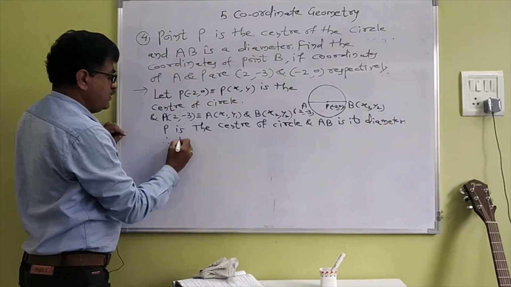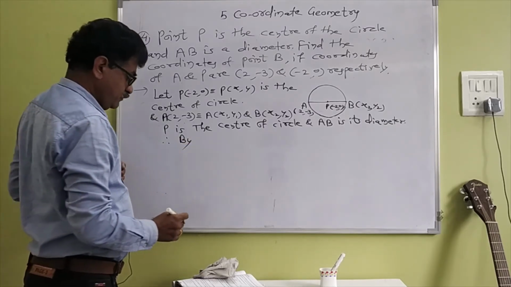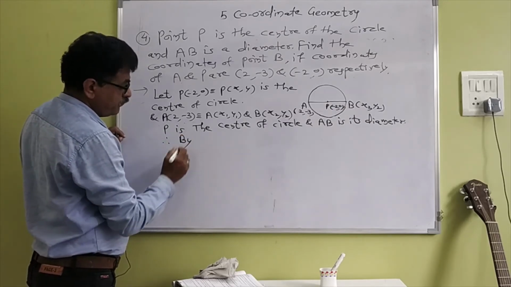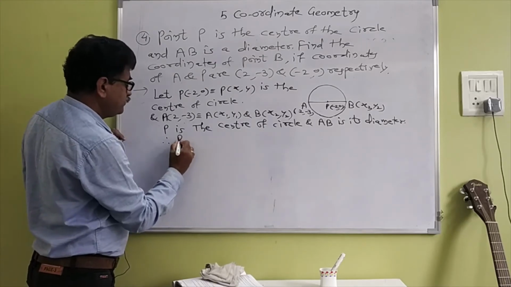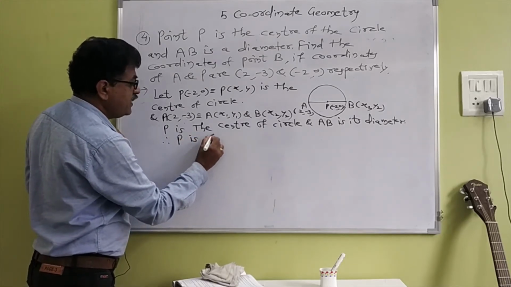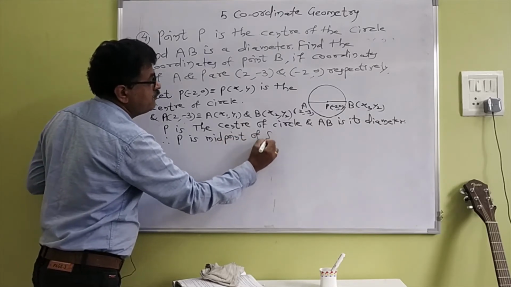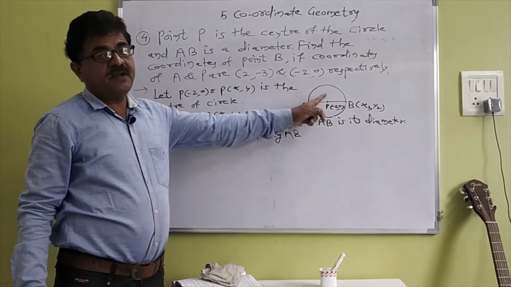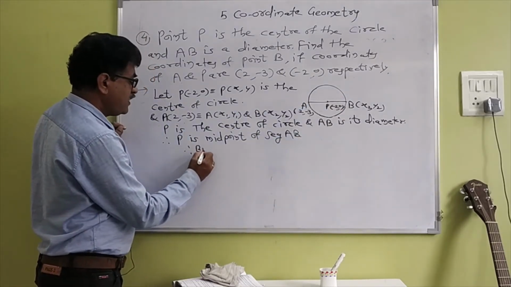Therefore, by P is the midpoint of segment AB. Therefore, P is the midpoint of segment AB. Therefore, by midpoint formula,